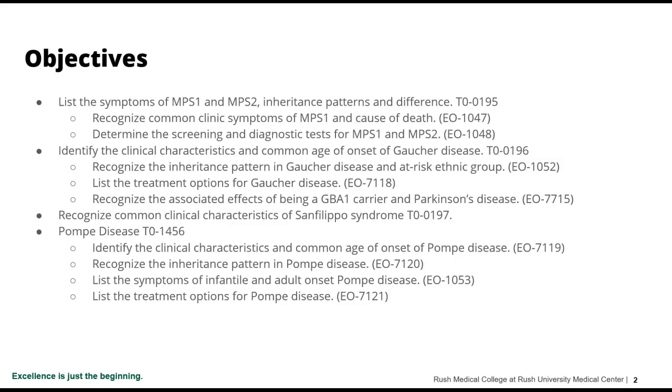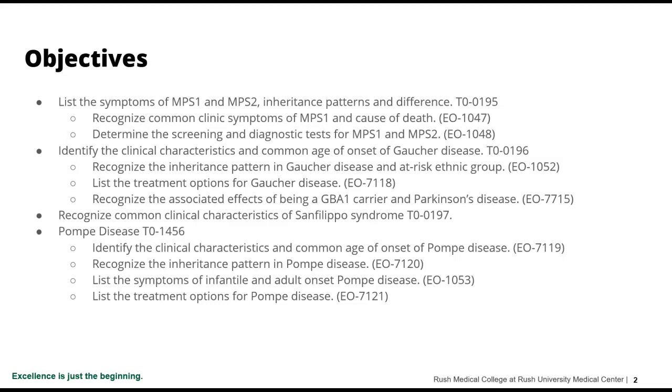So the objectives include: list symptoms of mucopolysaccharide disorders, MPS 1 and MPS 2, inheritance patterns and difference; recognize common clinical symptoms of MPS 1 and cause of death; determine screening and diagnostic testing for MPS 1 and MPS 2; identify the clinical characteristics and common age of onset of Gaucher disease; recognize the inheritance pattern of Gaucher disease in at-risk ethnic population; list treatment options for Gaucher; recognize the association effects of being a GBA carrier in Parkinson's disease;